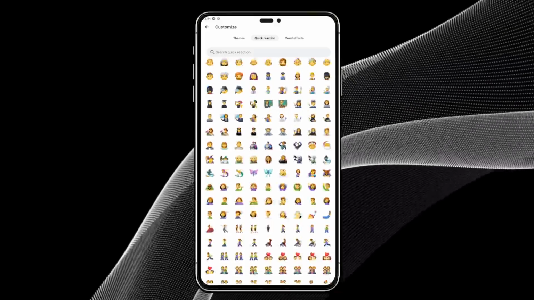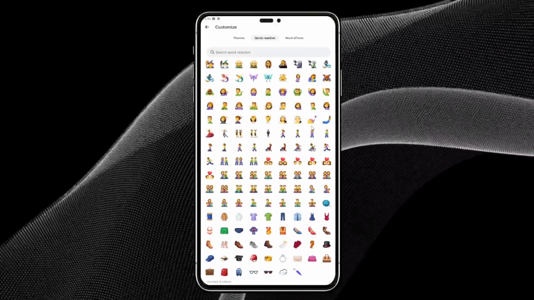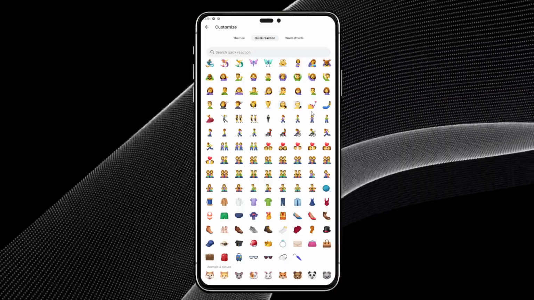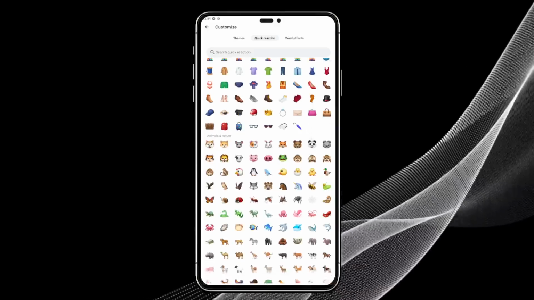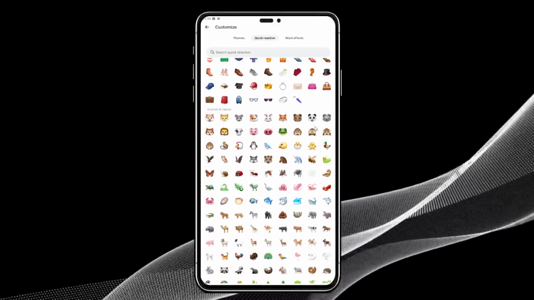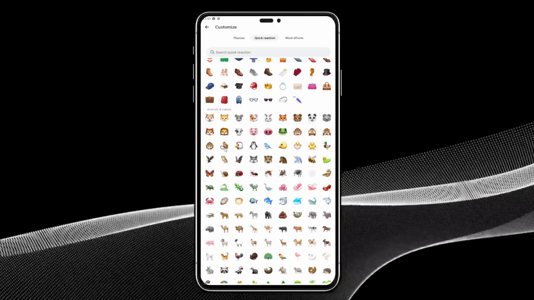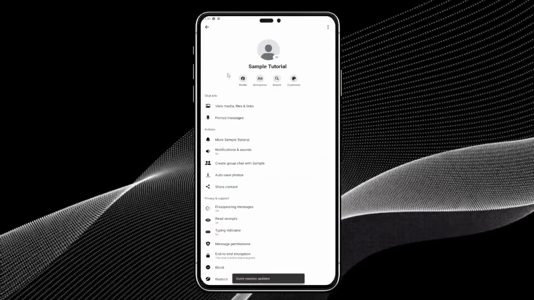Take a moment to browse through the available options. You can pick anything that suits your style or the nature of your conversation, whether it's a heart, a laughing face, a fire emoji, or anything else that catches your eye. Simply click on any emoji you prefer and it will instantly replace the thumbs up as your default quick reaction